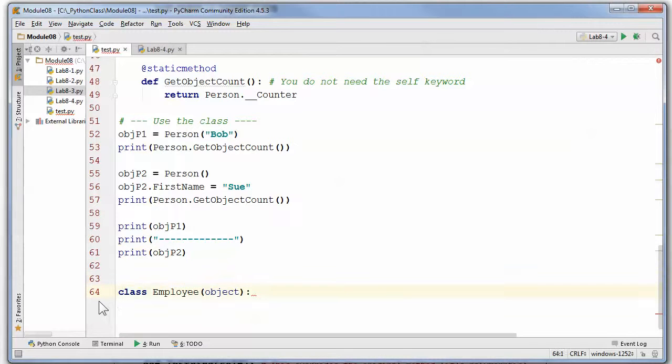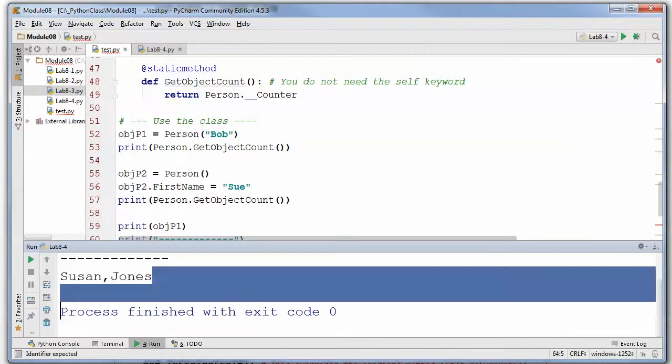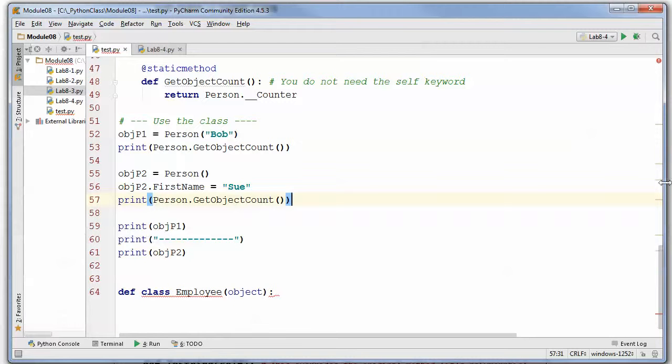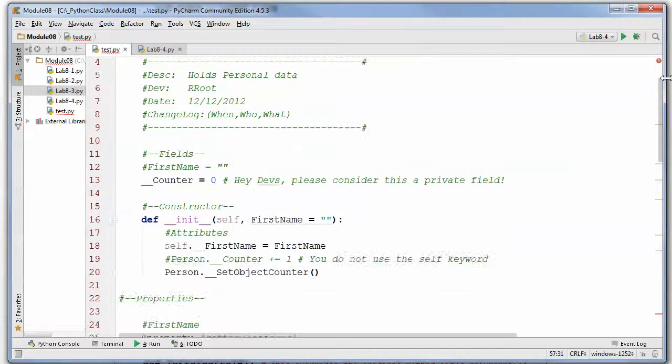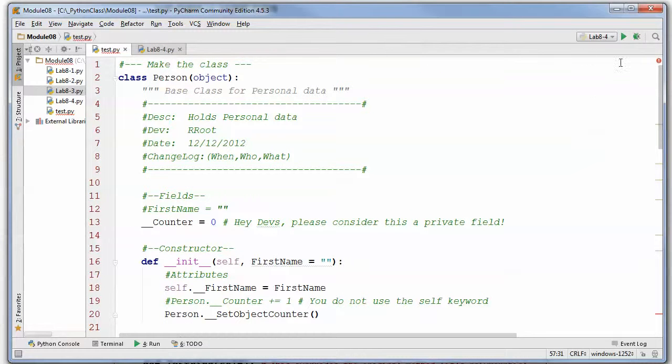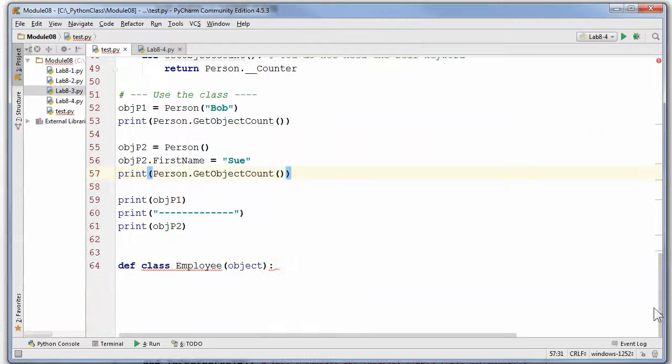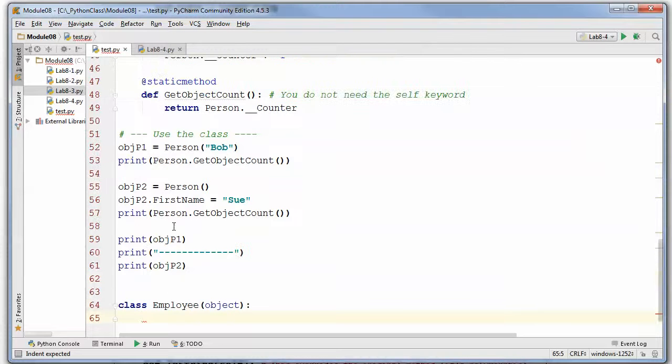I think I forgot to define. Oh, what have I missed? Class, person, object. Yeah, no define. Silly. Okay. So what I could do